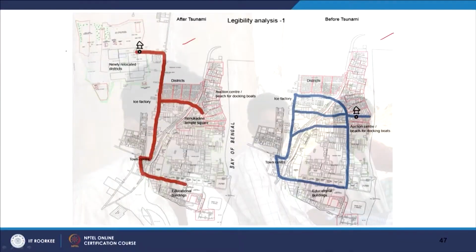This is the newly relocated houses. I say, this is Renuka Devi temple. Then he says, oh, this is the temple. Then, this is my house. Then I asked him, where all did you used to go? Then he says, my house is like this. I took my children to the school in this colonial area. And then I go to the ice factory here, and then I go to the market and sell the fish. I go to the harbor. So in that way, this is called Princess Street.